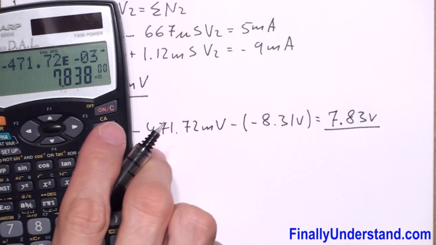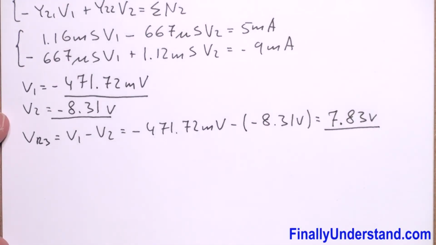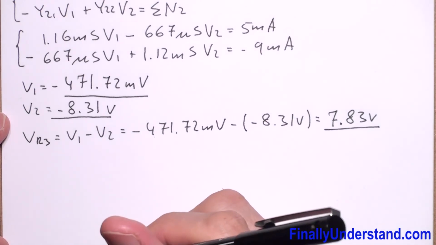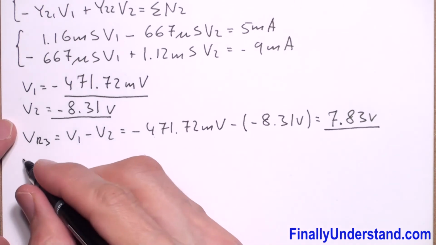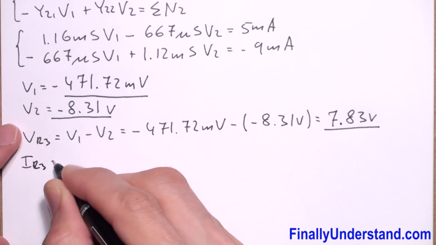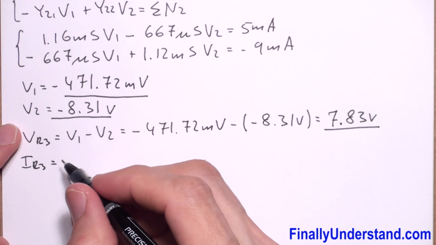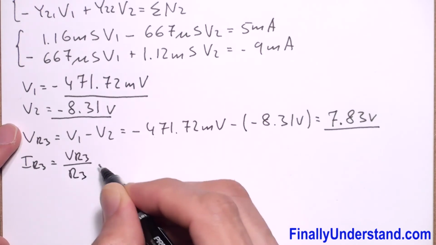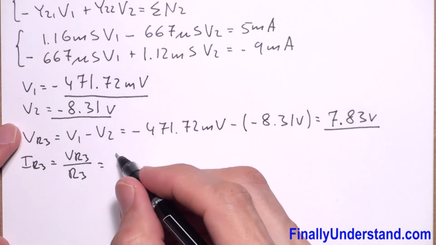So this is the voltage across resistor R3. Next, I'm supposed to find the current which goes through the resistor R3. So IR3 is equal VR3 over R3,